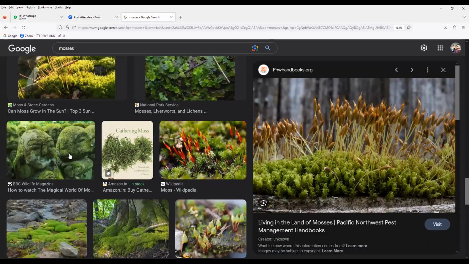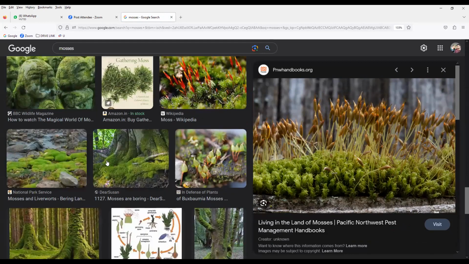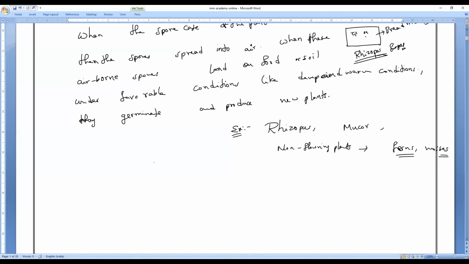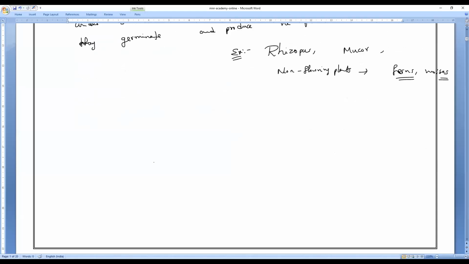So that is about the examples of spore formation and which plants go under it. Multicellular organisms and unicellular organisms also show spore formation. So this is the third technique of asexual reproduction. The next technique of asexual reproduction is